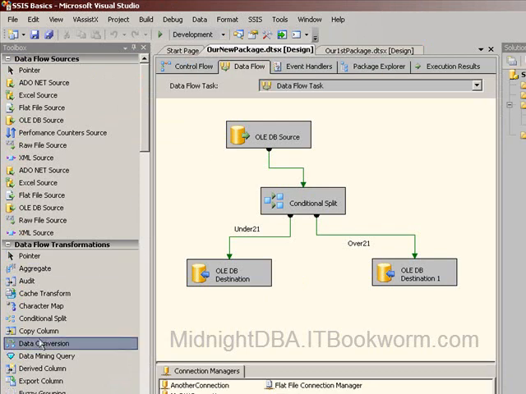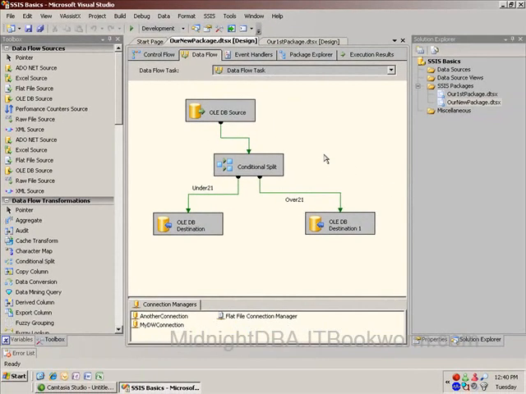And then there's a multicast that does about the same thing, except without the conditional split. It takes a full set of data and pushes it out to all of the available things, right? So if you need to do some data transformation to put it in a different format, or if you need to change some data types to push it to Oracle or something, you could have 5 SQL boxes and then come down here and transform it to Oracle and have the full data set, right? So as far as a basic class goes, now,